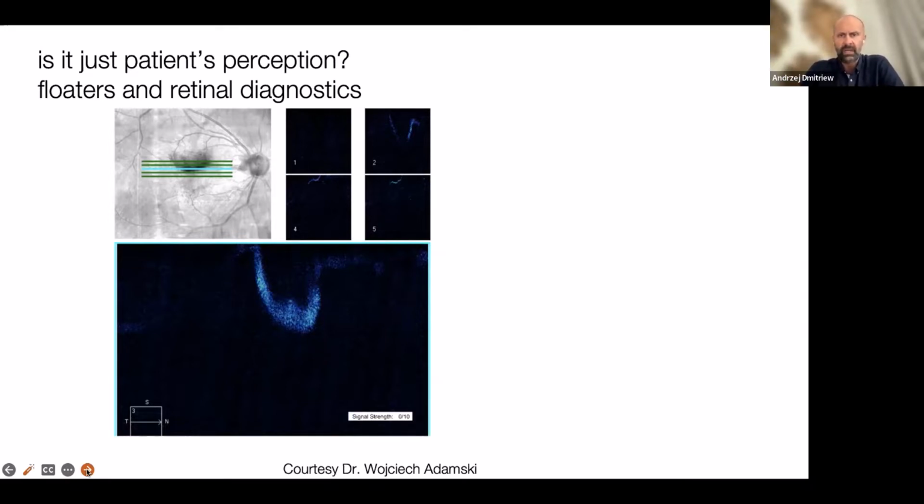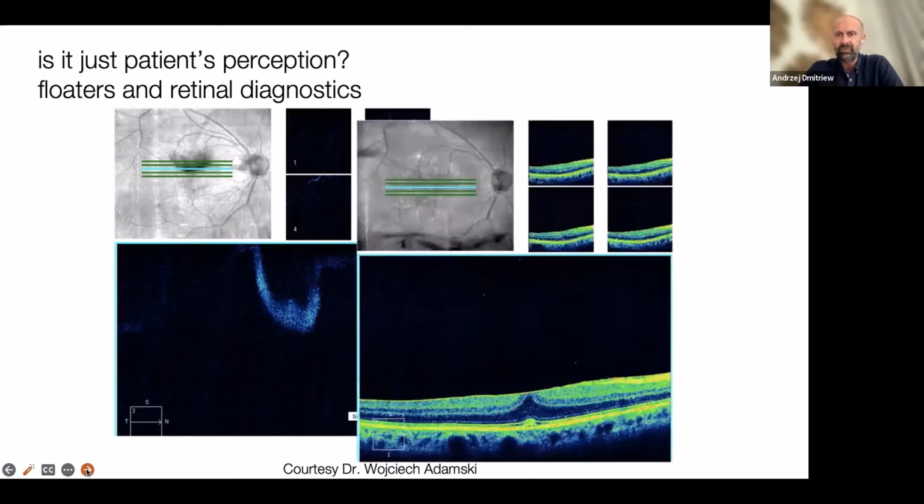So I would appreciate the images from Dr. Adamski again to show you that the signal strength in such a case can be even as low as 0, just because of the central floater. And after the floater treatment, you're getting very nice improvement, and at the same time you're able to see the pathology, seeing epiretinal membrane, and signal strength at the level of 7 gives us a lot of information regarding next steps and potential